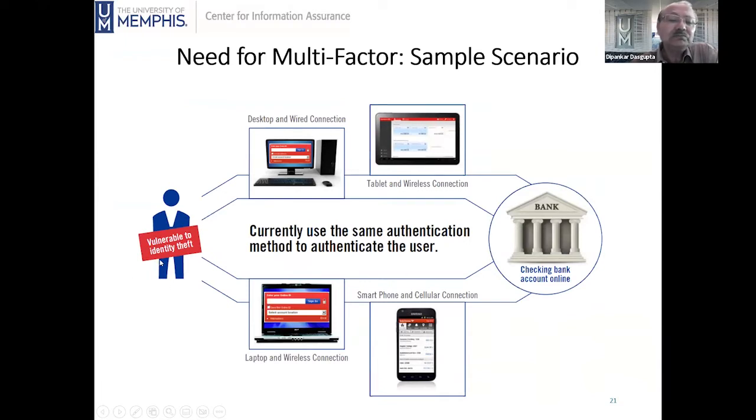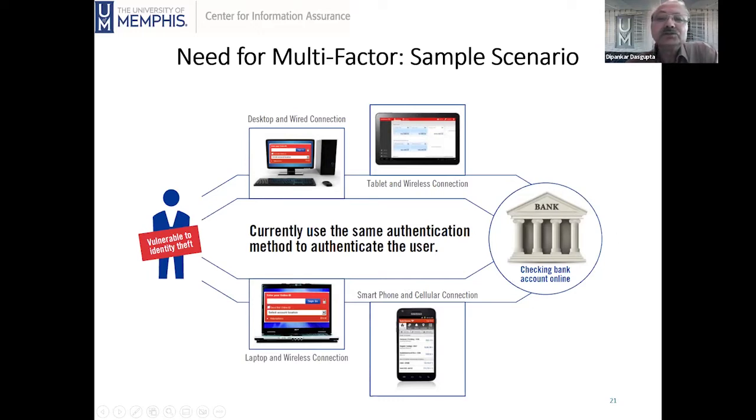But that same connection or authentication pattern can be compromised and identity can be stolen. In this diagram, it shows that wireless connection, wired connection, tablets, devices, and media changes still use the same authentication